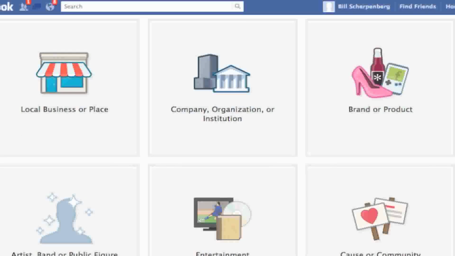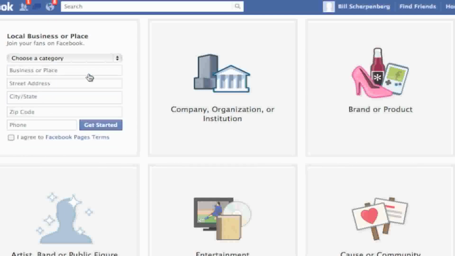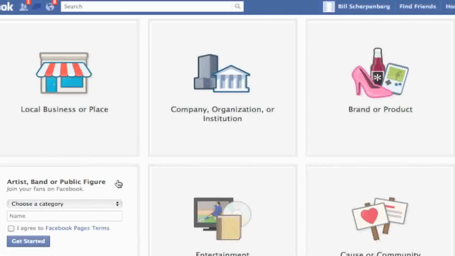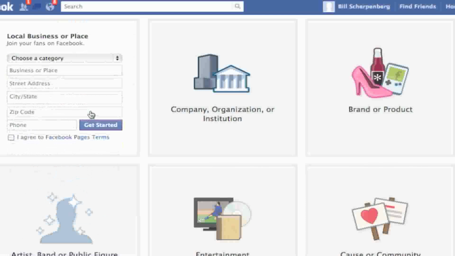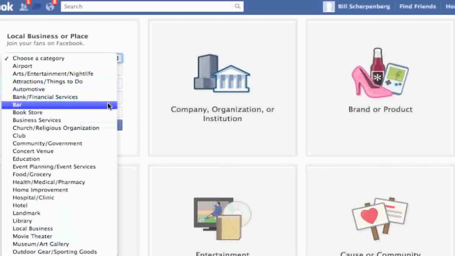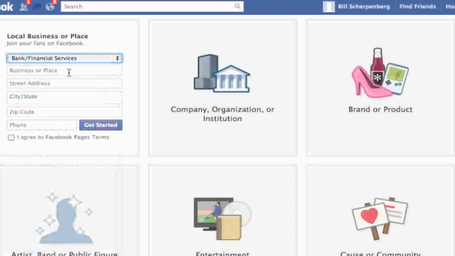You have two different options on here that I want to talk to people about. One is you can sign up as a local business, where Bill has clicked, or right below there you can sign up as an individual or make yourself kind of like a rock star status thing. What I would recommend is that you actually do local business. Go into local business, find your category, and type in your business name,